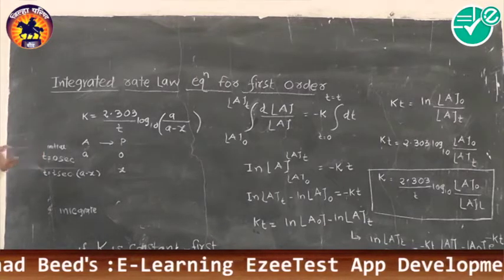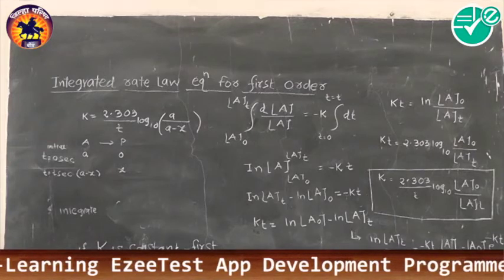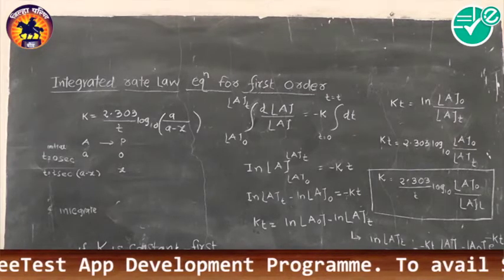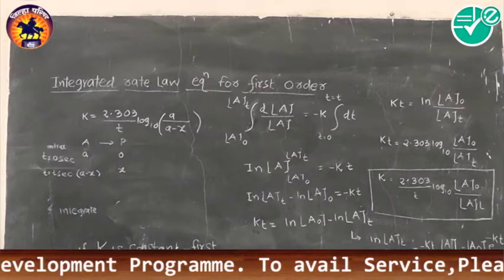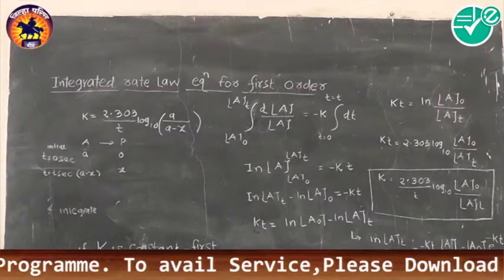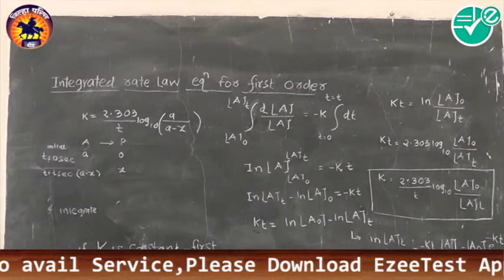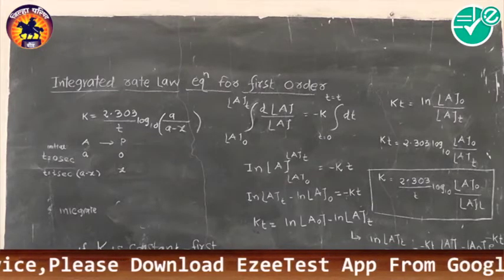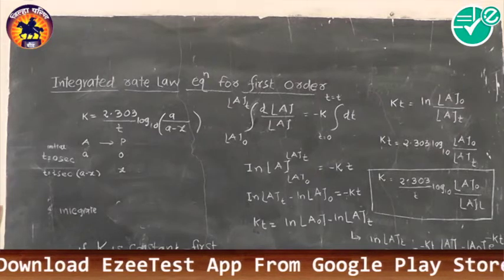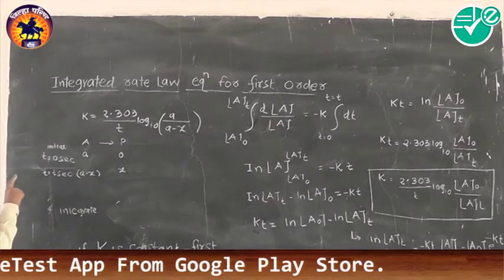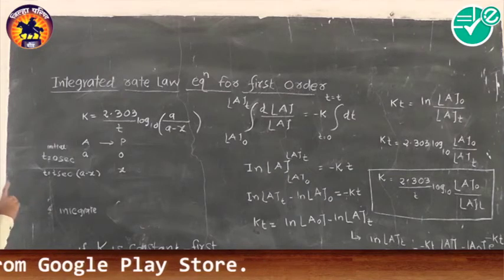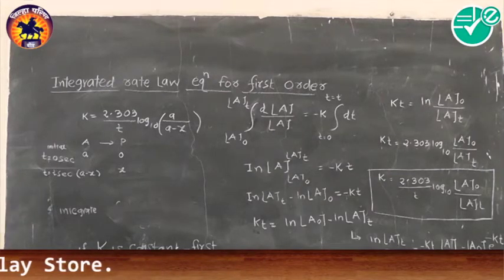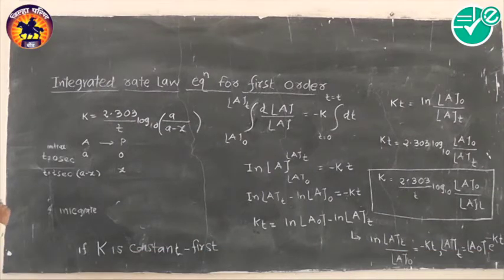So, here small a stands for the initial concentration and x is the amount of product obtained at time t, and a minus x is the amount which has been left behind, yet to be reacted. Even using this equation, we have to calculate the value of K, and if K stays the same for different time intervals, by taking the amounts of a and x, a minus x at different times, it will prove that the reaction is a first order reaction.